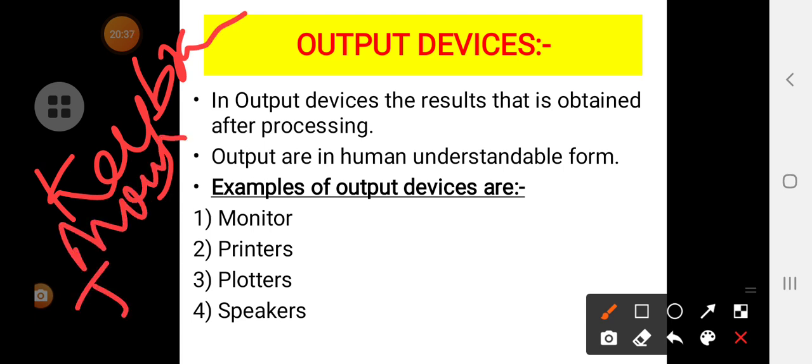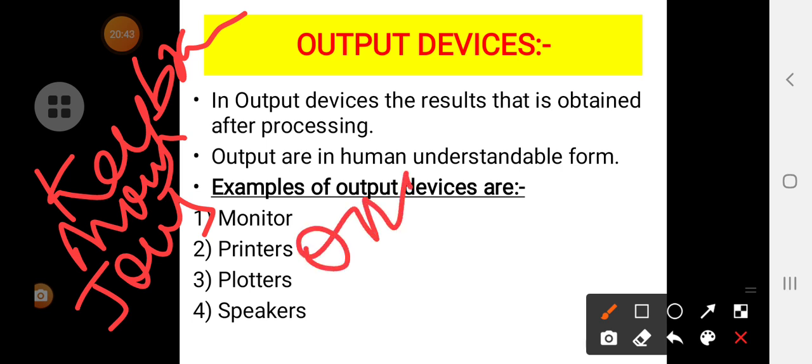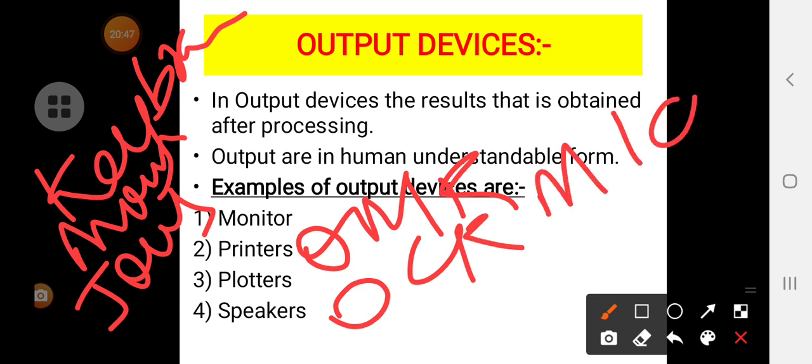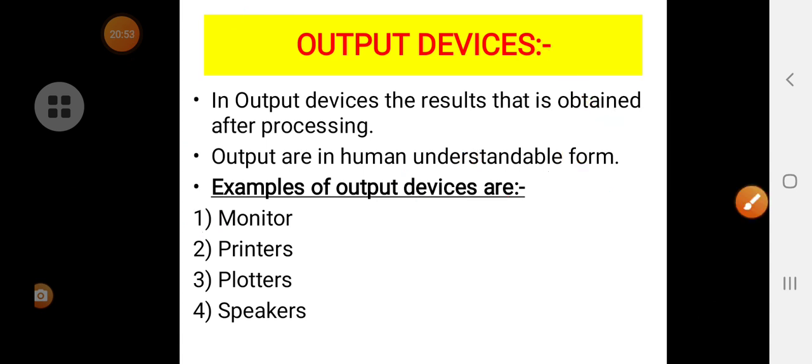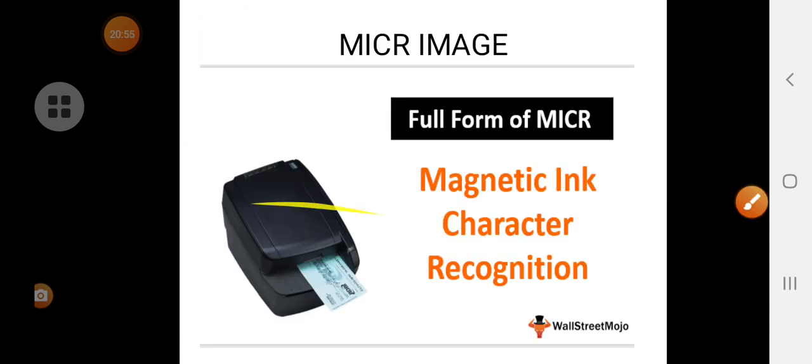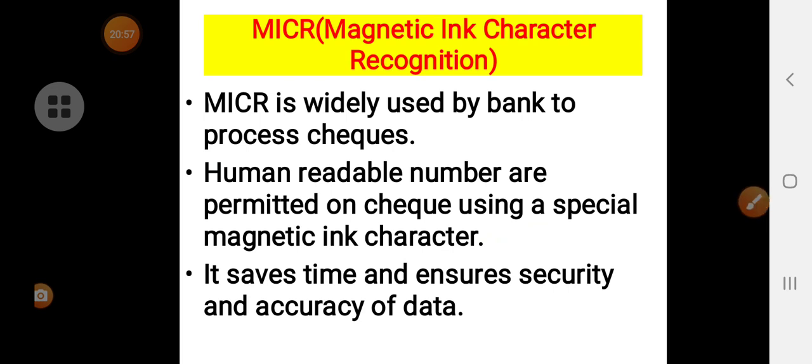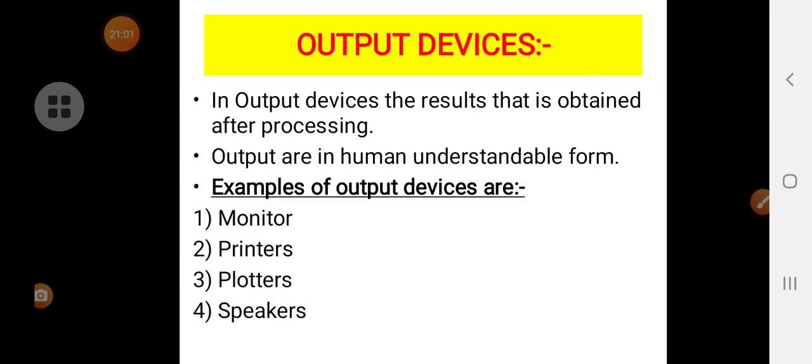In today's class, joystick. And then we discussed some of the other input devices, that is OMR, OCR, MICR. So these are some of the input devices. These expansions you have to remember. OMR expansion is what? OCR expansion is what? MICR expansion is what? Okay students.